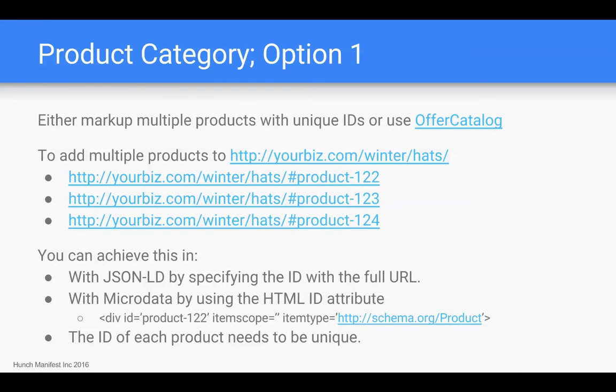If you're going to create a category of products, there's two options which I would like to just explain here. Either you can mark up your multiple products with unique IDs, or use the offer catalog. It's not a formal recommendation from Google, but these are the two types of patterns which I see useful to provide. So if you have multiple products listed in a category for winter hats in this example, you might want